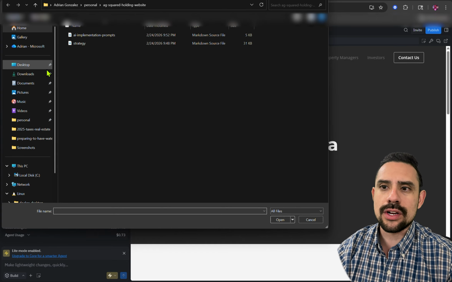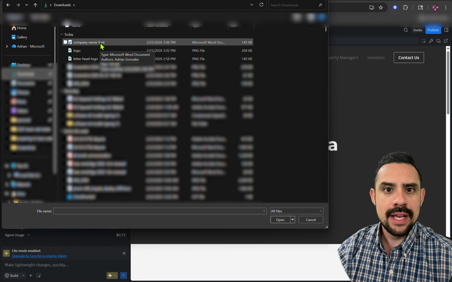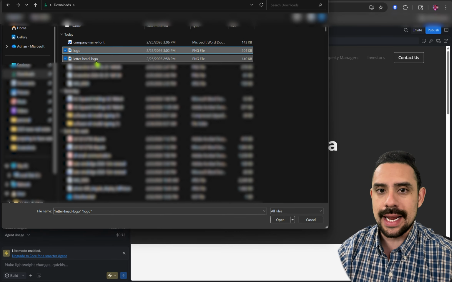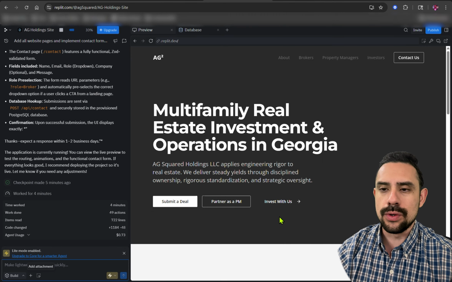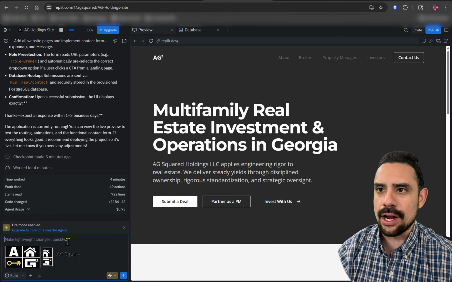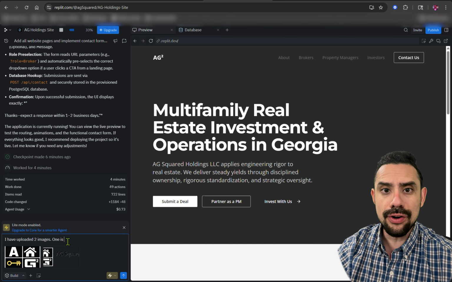Now, one of the things I do want to show here is, because I do have some more units available, I want to go ahead and change my logo. So anytime you upload images or files like you see me doing here, Replit is going to persist that in the code base as well. And in this particular case, I want to update the logo to the one you see here, and I'm just going to prompt the AI to do that here. And in particular, I want to tell it that I need it to do that in both the header